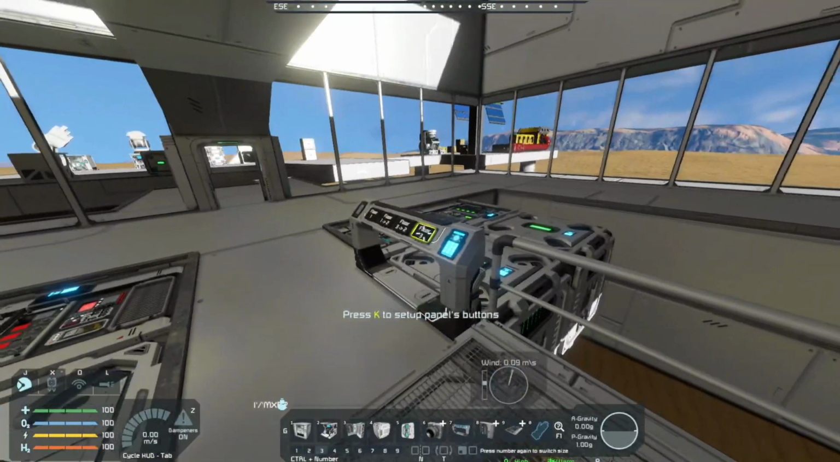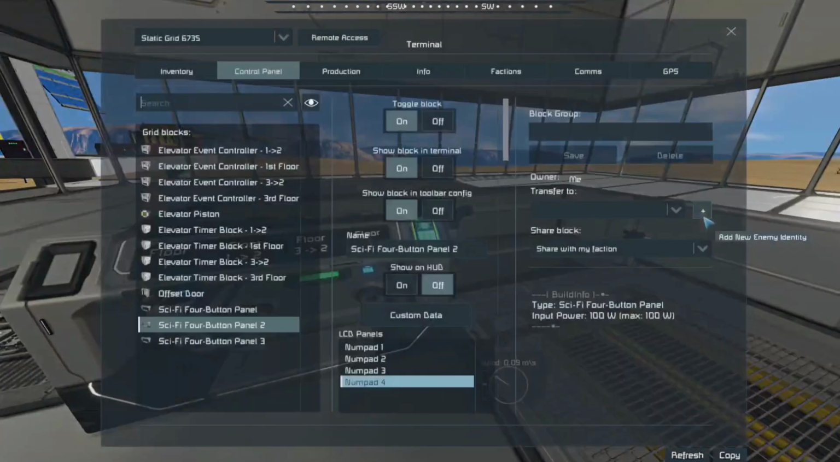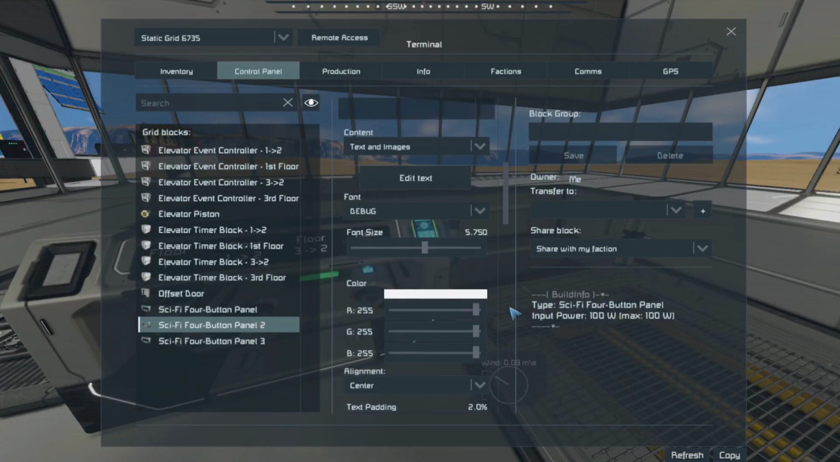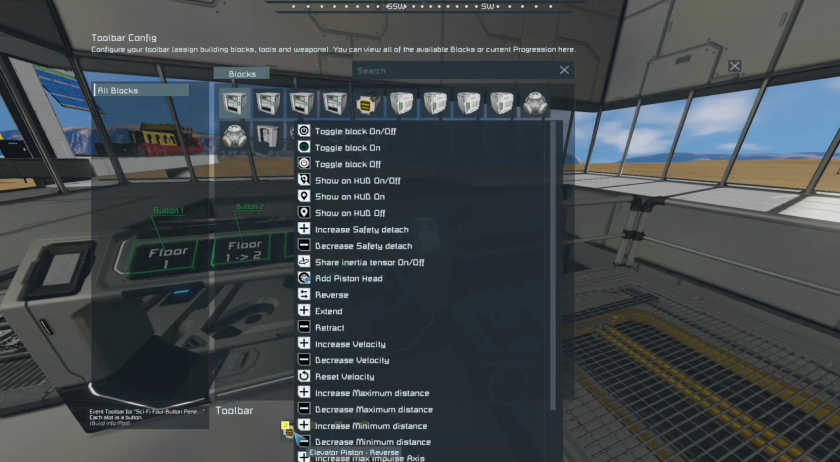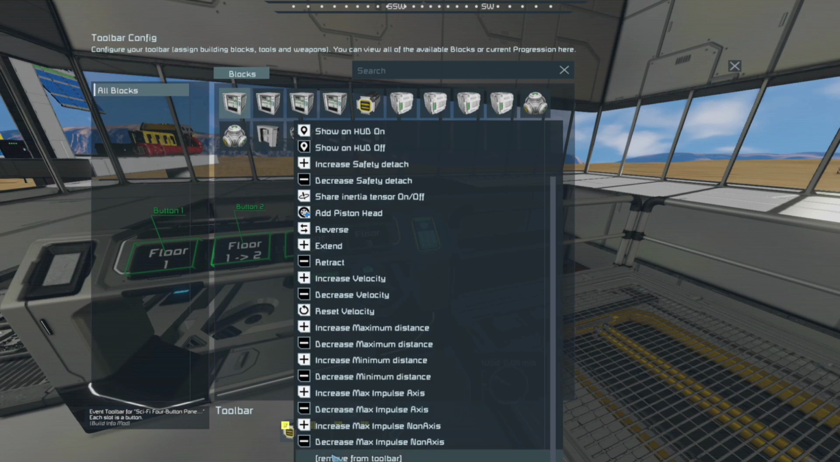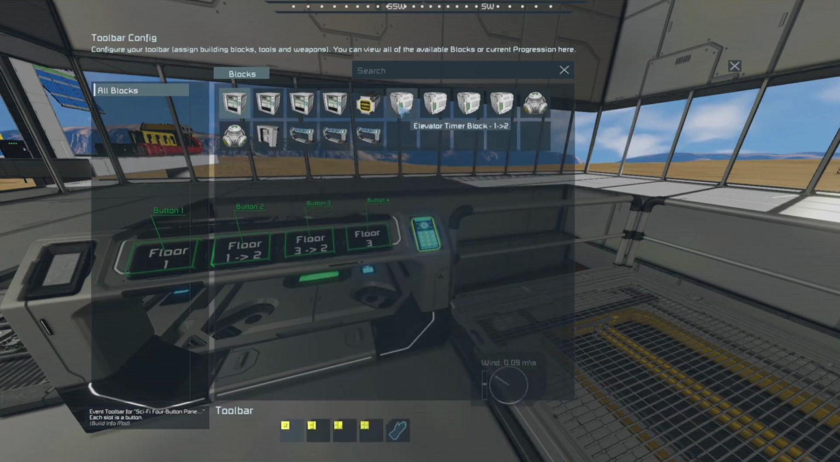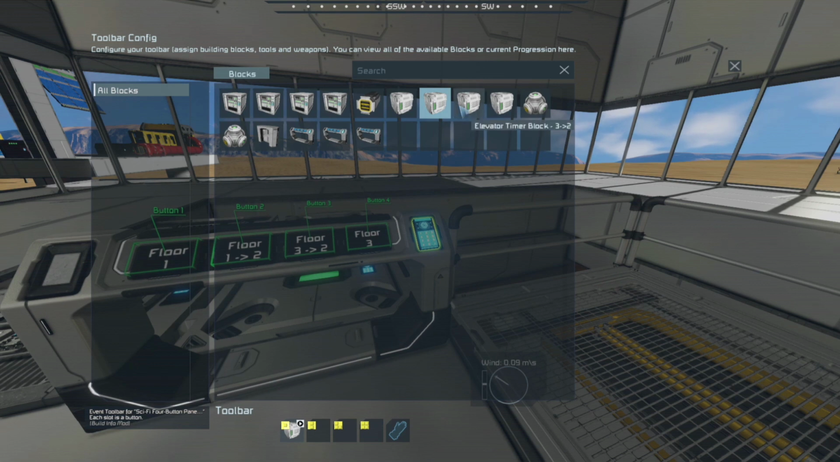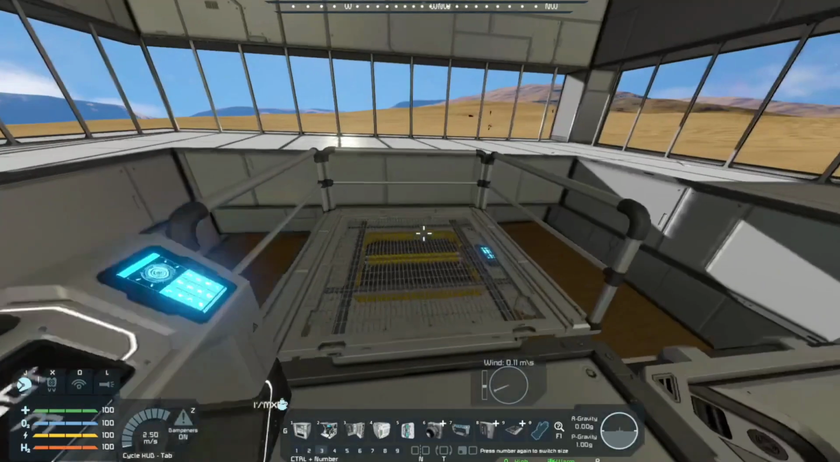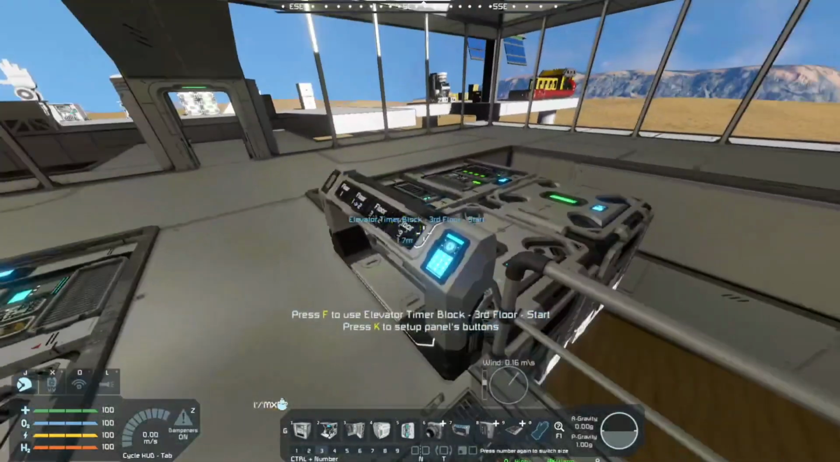Now, let's go back to the 3rd floor, but we have to set up the buttons on this panel the same way. So we're going to get the piston off of there. We're going to make 1st floor start, and then 3rd floor, the last one, start. So now if we hop on our elevator and hit floor 3,